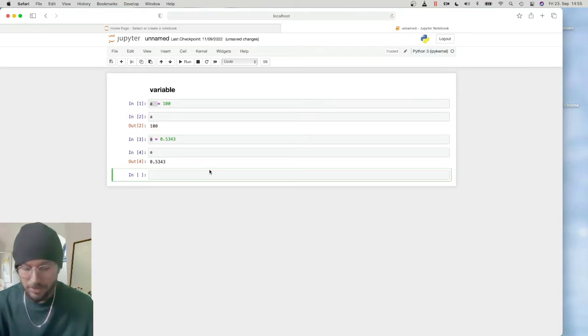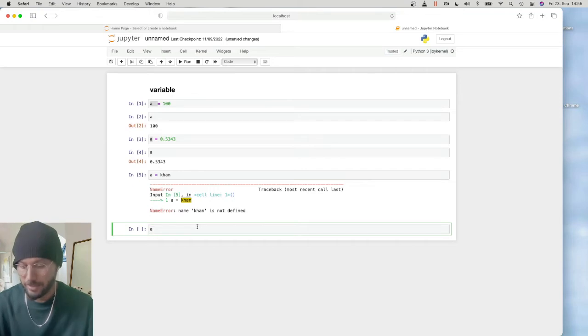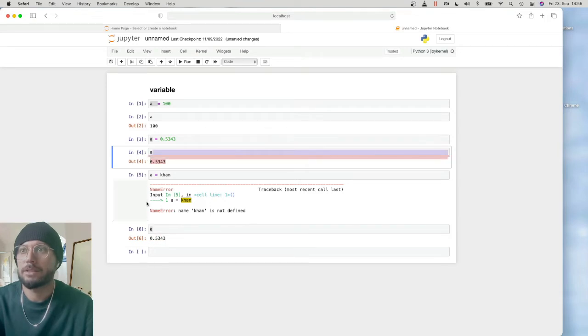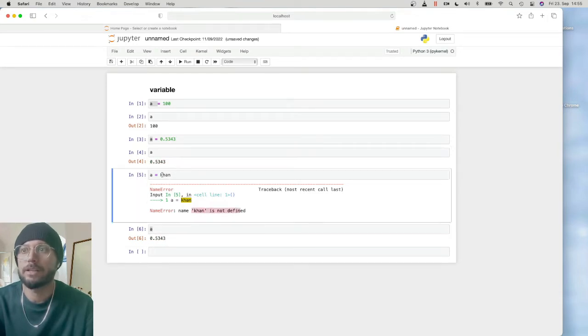Now I can also write, like suppose I write my name and then I write A. You see, it shows me this one result because it's updated, but this name is not defined here. It means that there is a mistake. That is why Python is very good. It can tell you what mistake you have made, like the name Khan is not defined. So to define this, we need to put quotes here, like 2 strings. These are called a string. You can also write one quote on one side and the other side like this,